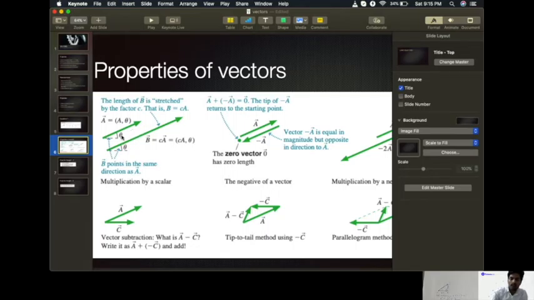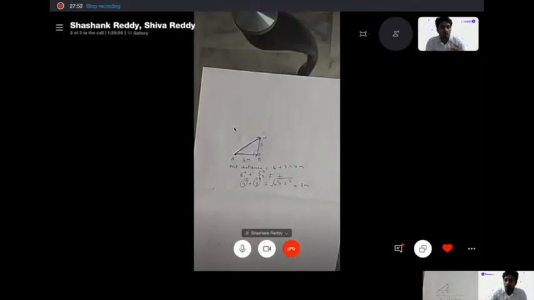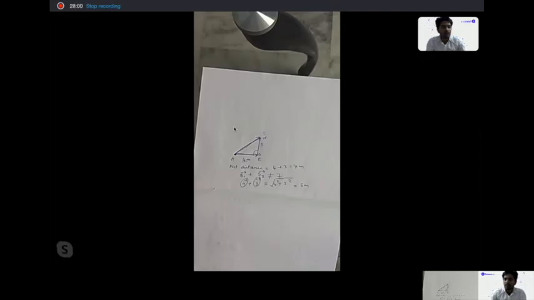This is represented graphically here, if you see. The vector is not changing. All that's happening is, imagine the vector being stretched. That's it. Now what happens if I add two vectors in exactly opposite directions? That is, if I add a vector A bar and another vector minus A bar, what would happen? Imagine this. Suppose you go from Hyderabad to Chennai and then come back from Chennai to Hyderabad. What would be your net displacement? Your net displacement is just supposed to be 0, isn't it? Because you are at the same point from where you started. So your tail and the head would be at the same point. So your net displacement is 0.